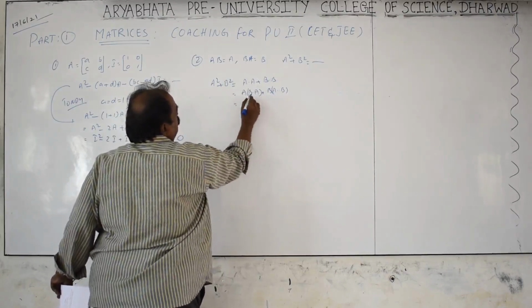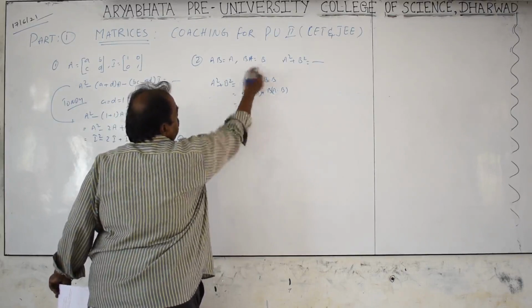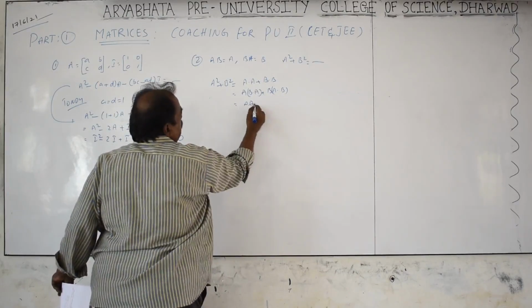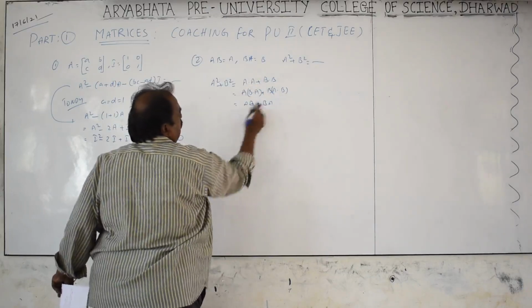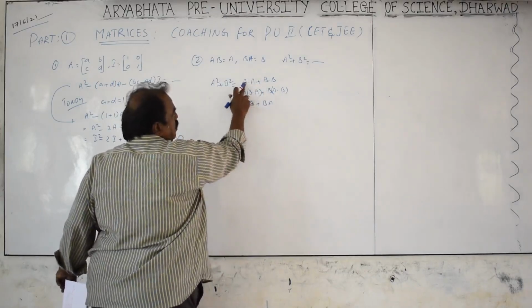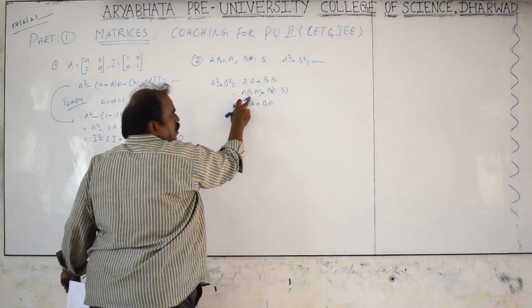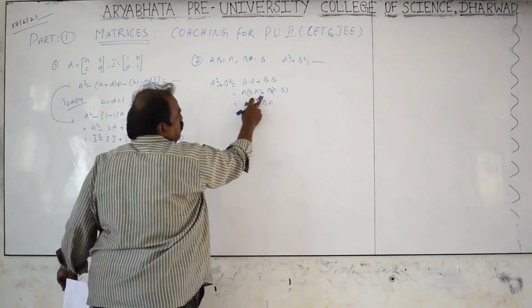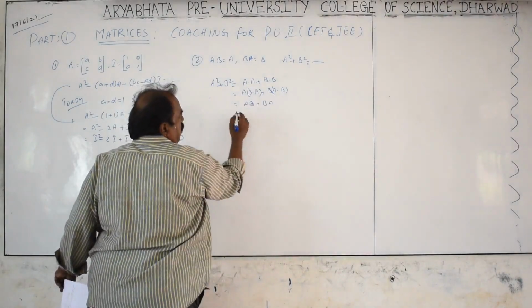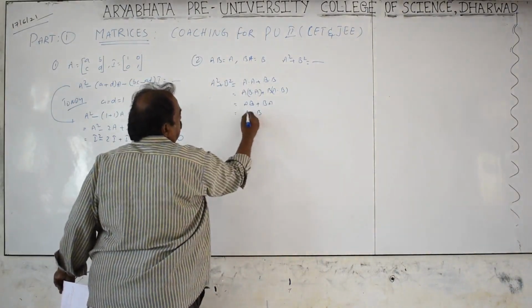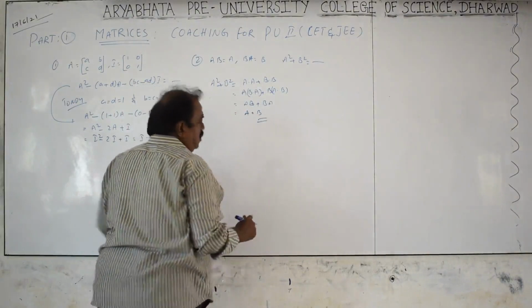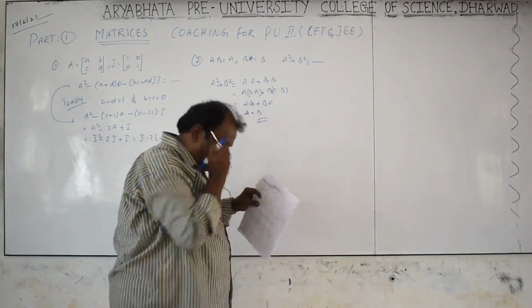It is A into, what is BA? BA is again B, plus B into, what is AB? AB is again A. Don't confuse. Here A is AB, but by using the associative law, BA is put in bracket. Here also AB is put in bracket. What is AB? AB is A, plus B. So the answer is, I think, also the first option.